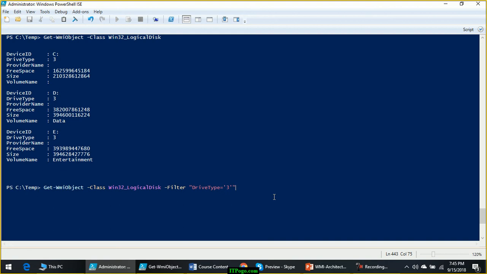It will not show you the network drives or CD-ROM drives or any pen drives which are connected.